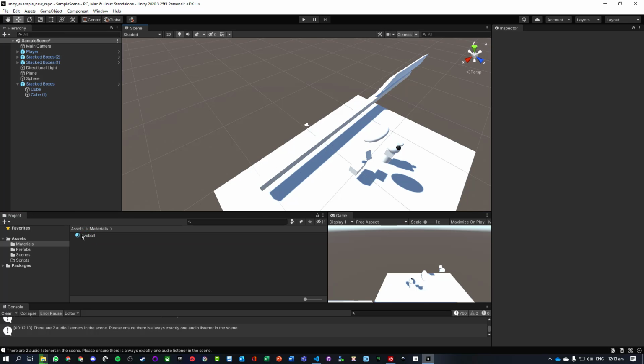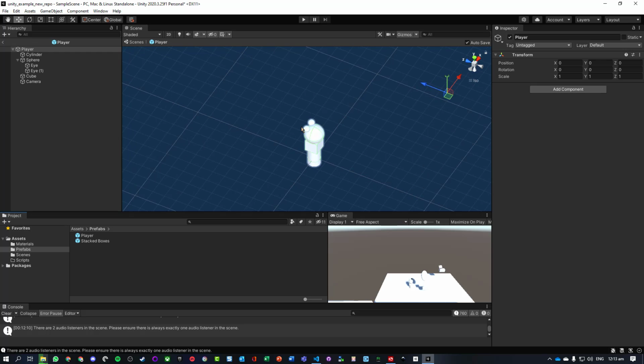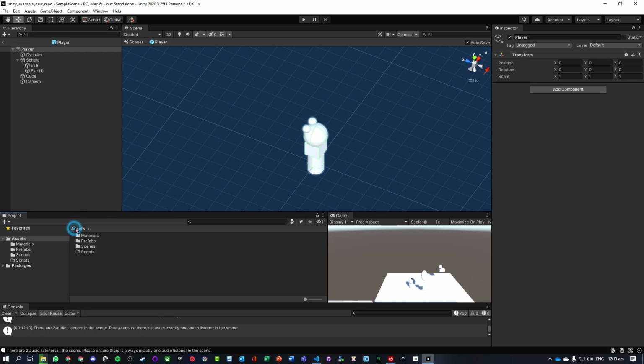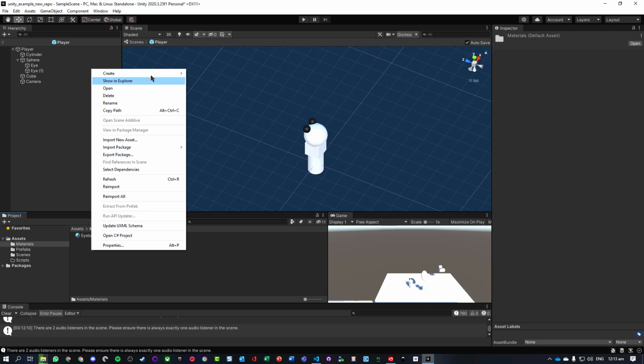onto the object. Now if I want to go and edit the actual original prefab, I need to open up that prefab and drag the material onto that, because if I change what is just on the scene, it is only changing that one section. Okay, so we've got that one there, and let's create another one for the head,